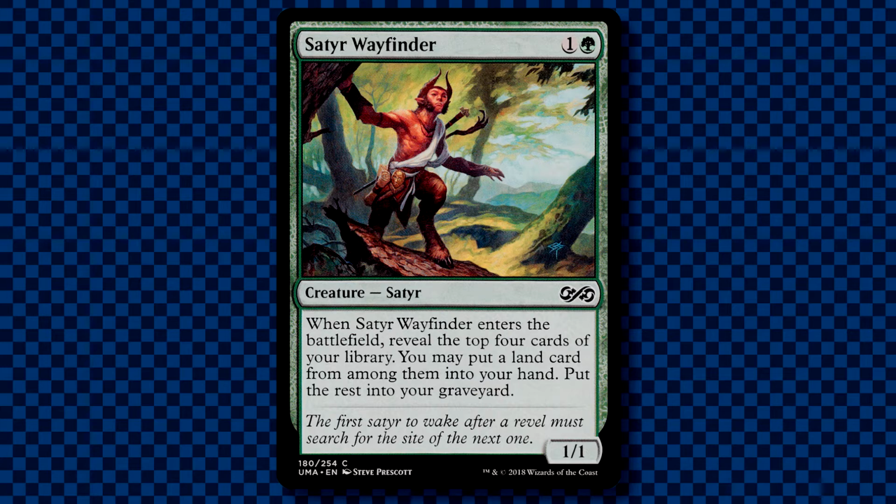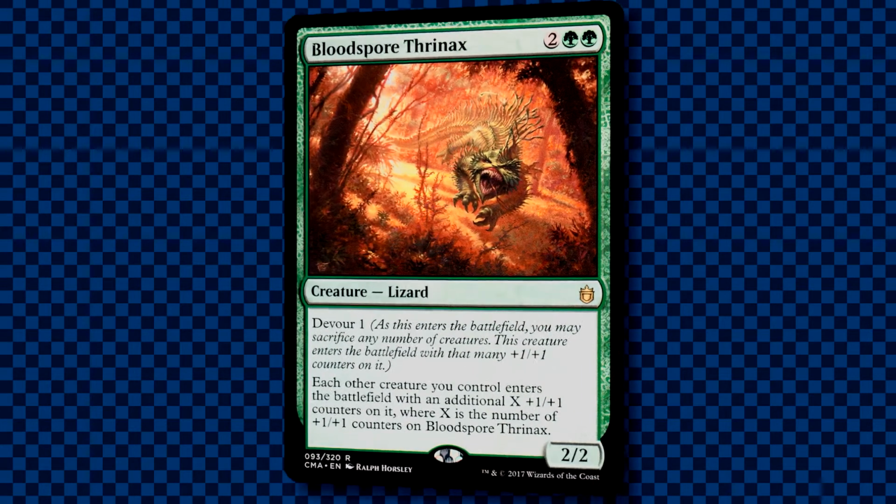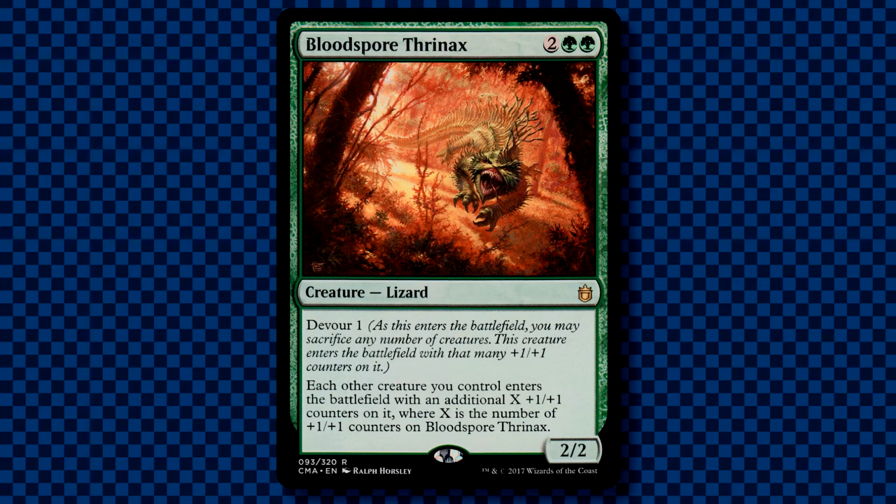We want to make sure that we have plenty of ways to fill up our graveyard with creatures to revive later on, and this is a great way to do so. Bloodsport Thrinax lets you sacrifice any number of creatures, and for each one, Thrinax enters play with an additional +1/+1 counter on it. After that, while Thrinax is in play, each other creature you control enters the battlefield with +1/+1